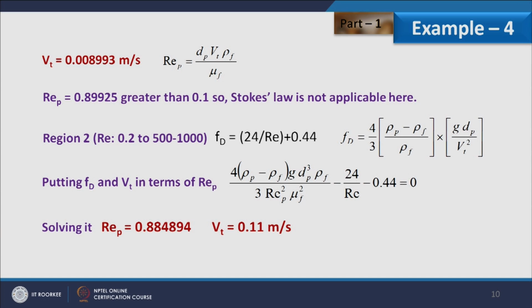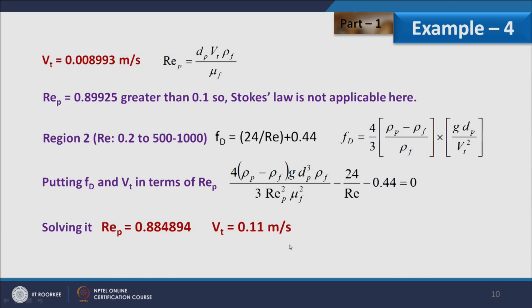Let us consider the second region, where FD is defined as 24 by Re plus 0.44, and this is the generalized expression for FD. So putting FD over here, we can have the expression in terms of Reynolds number. This is the final expression, and when we solve it, Reynolds number is coming out as 0.88489, which is falling between 0.2 and 500. So this region is correct, and consequently we can calculate the value of velocity, that is 0.11